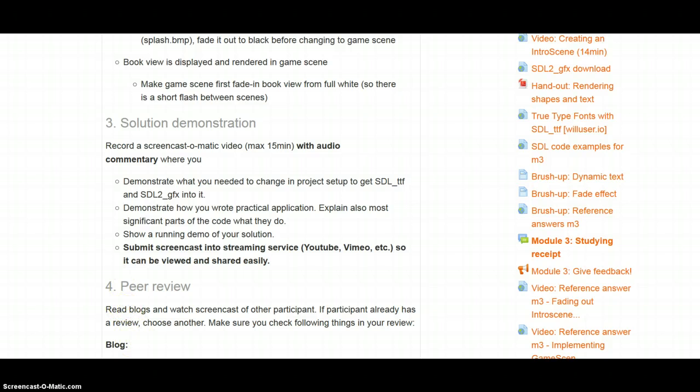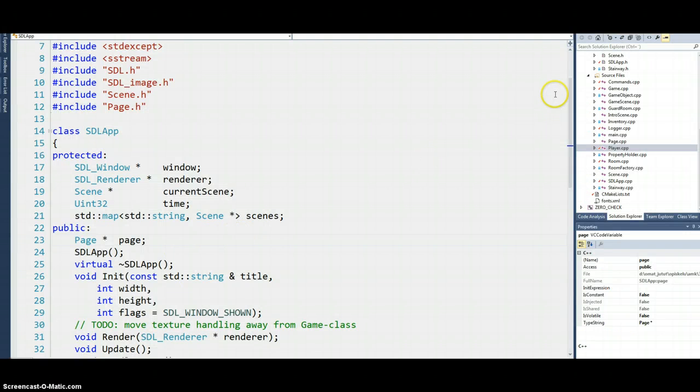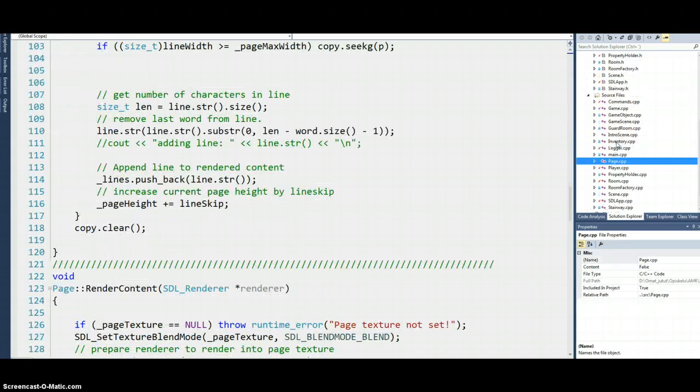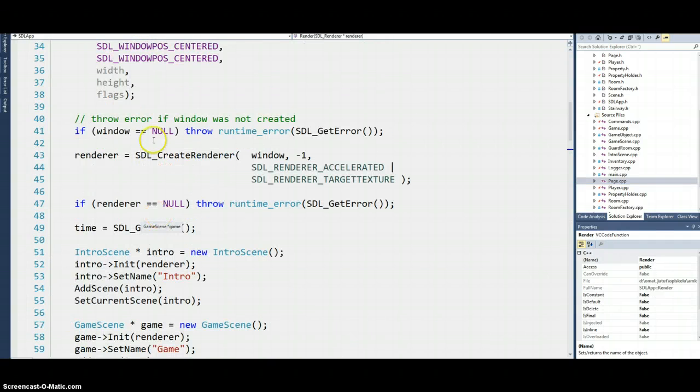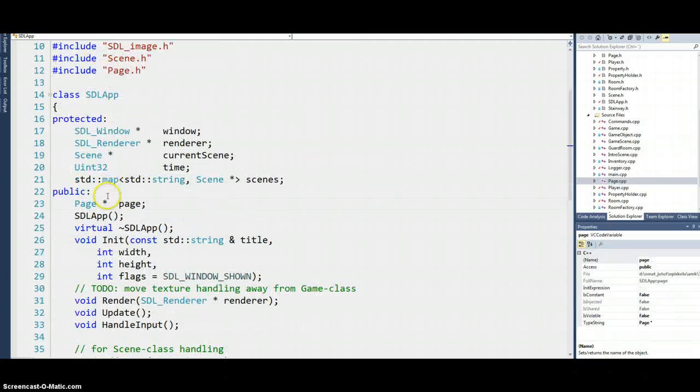So for SDL TTF I included this Page class in the project. This Page class is provided by the teacher, and it is used in the SDL app class by declaring this public object from it.